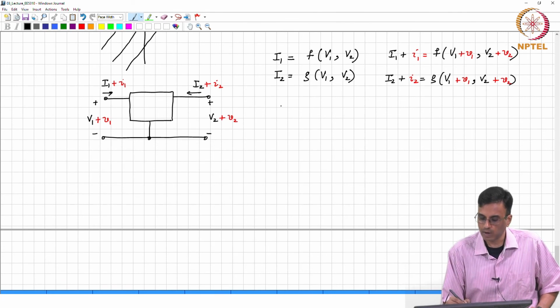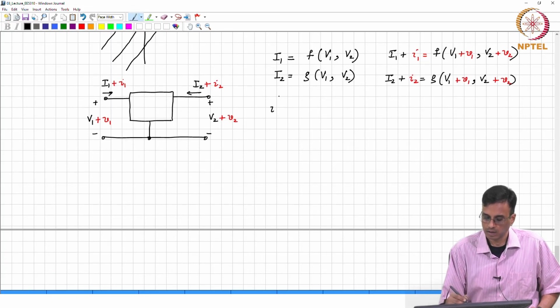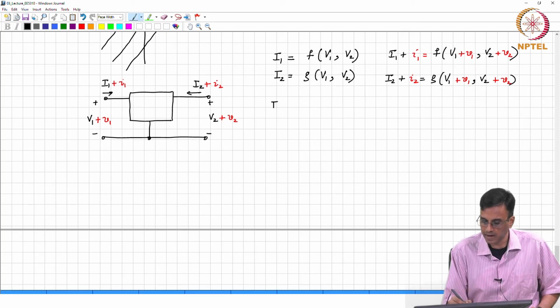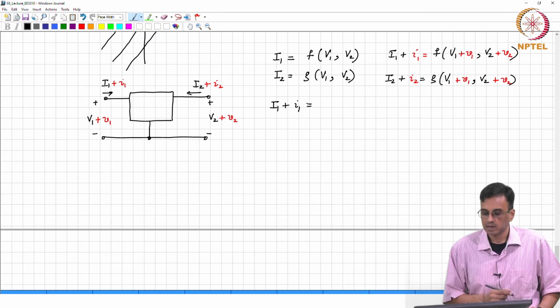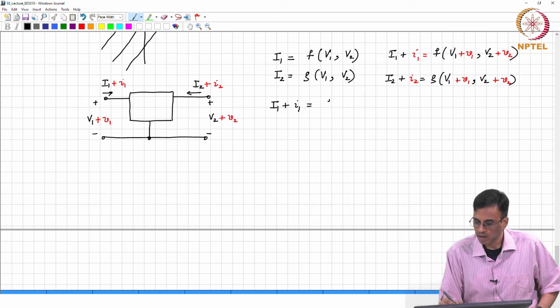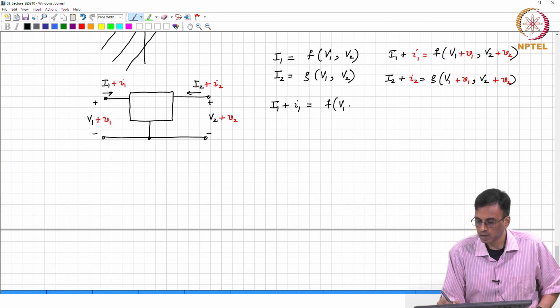What can we say about small I1? We can simply expand the equations on the right in the following way. Capital I1 plus small I1 is nothing but f of V1 comma V2 plus